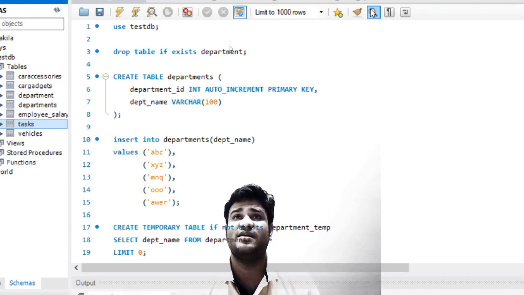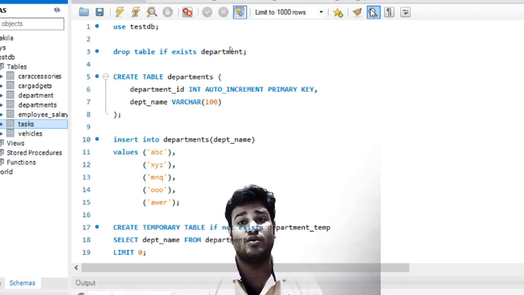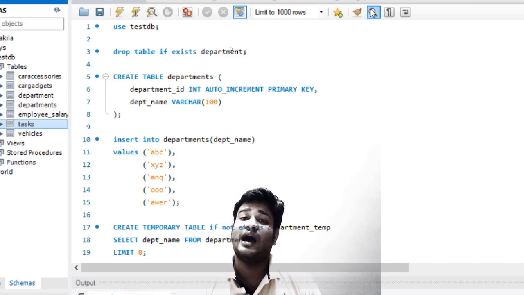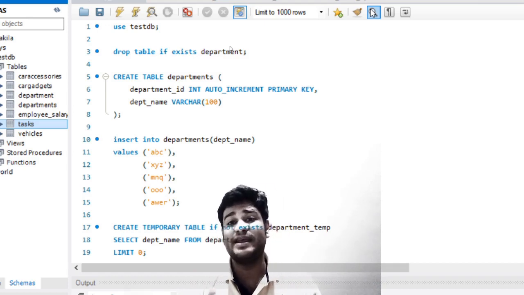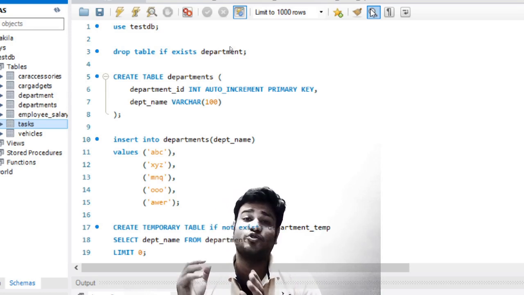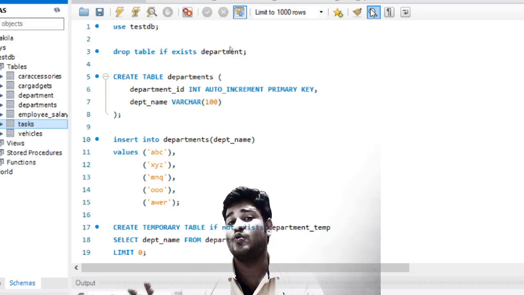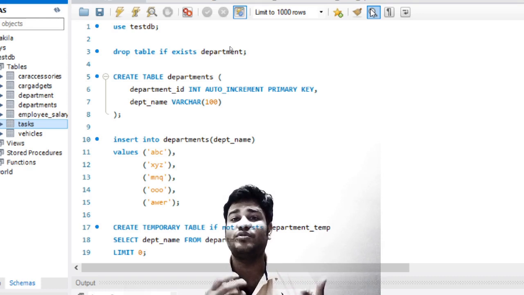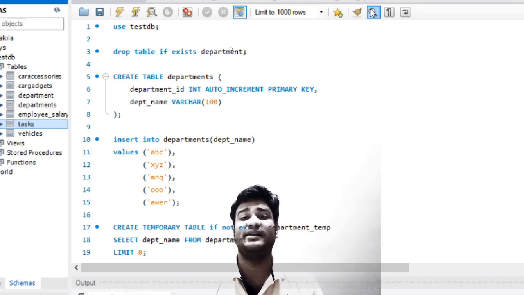If you are a performance engineer at some place, and you want your system to work at a good speed, you need to make sure that your developer uses temporary tables as and when required. Rather than using the same query again and again, you create a temporary table out of this query and store all of the data of this query inside that temporary table. Now, when you have to use this data again and again, you do not have to run this query again. You just need to query the temporary table.